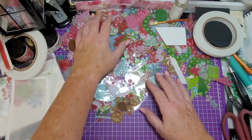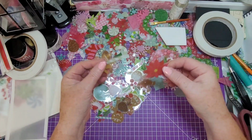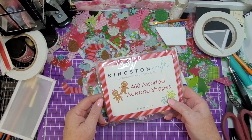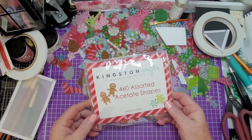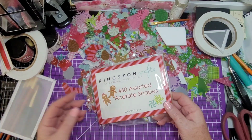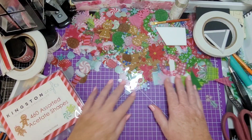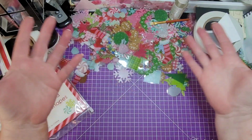Oh, those vellum pieces, what are they called? The Kingston Craft vellum pieces would look really cute in the box, in the lantern. Oh crap! I thought, oh yeah, that would be really cool. So I'm working really hard on my lantern, and then the wheels are turning, and then I had to stop and I had to cut out another box and think and start playing, and this is what happened. Anyway, so this is not my fault. Okay, and I'm sure she'll take full responsibility for it. All right, there's only 420 pieces here